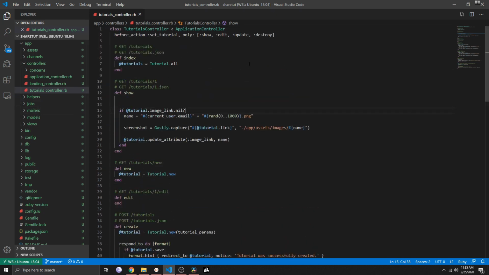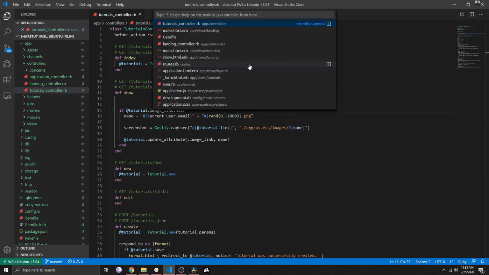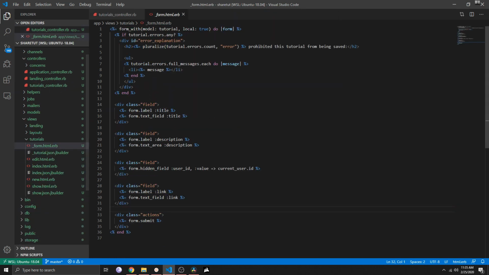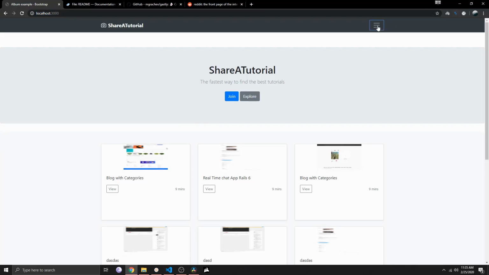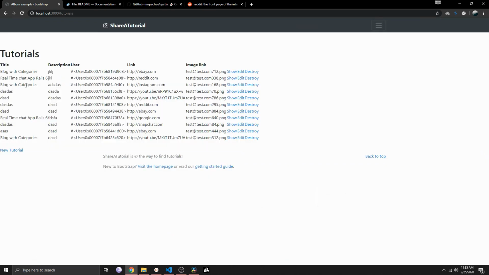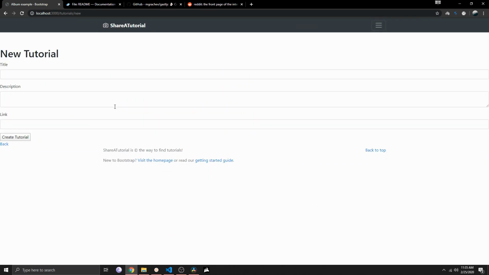The second thing is, let's head over to the form from our tutorial, and here I will quickly create a form group and just copy and paste it here. And then for the fields I will add a class of form-control, and then just copy that and paste it here as well, like so. And now if I head over to manage tutorials and create a new tutorial, we have at least a little